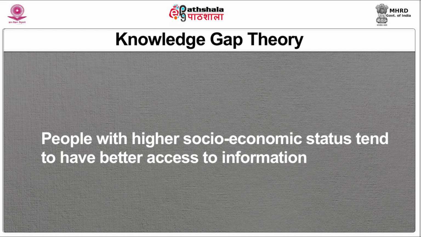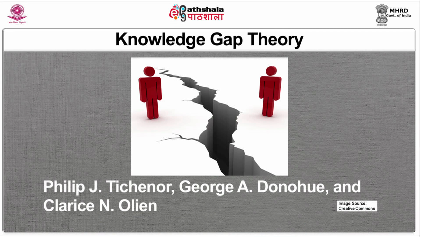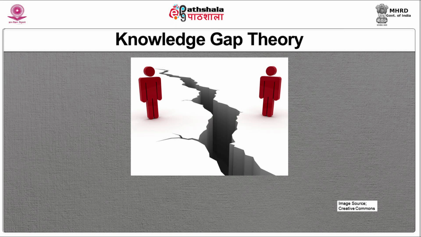People with higher socio-economic status tend to have better access to information. This theory was first proposed by Philip J. Tichenor, George Donohue and Clarice Olien of the University of Minnesota in 1970. The team of professors, also called the Minnesota team, developed this theory to explain the knowledge gap that exists between people